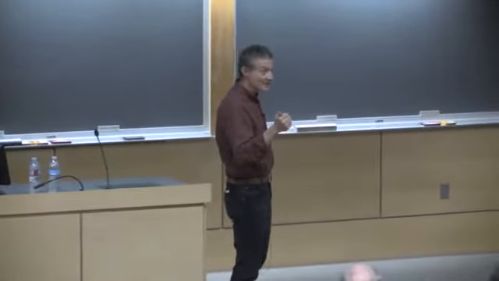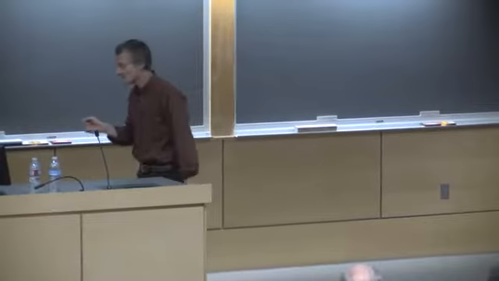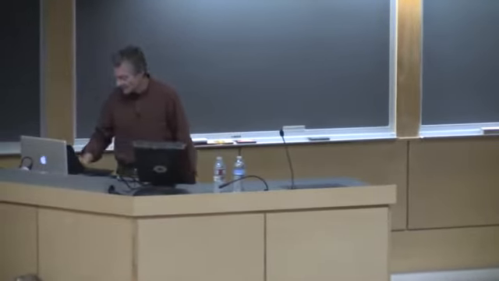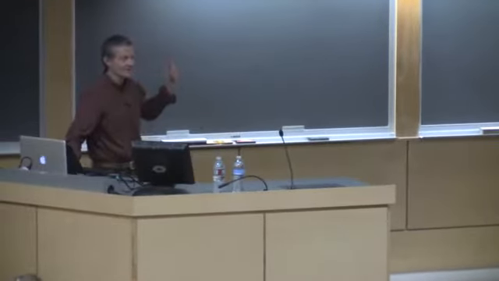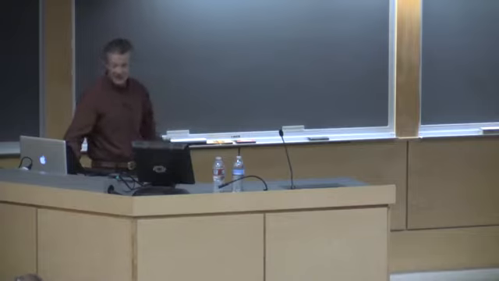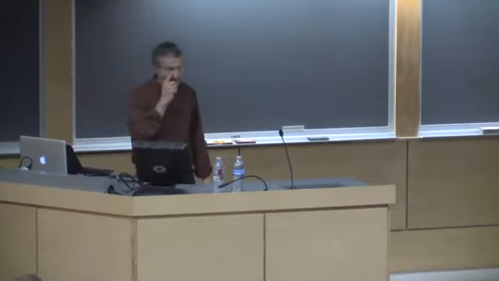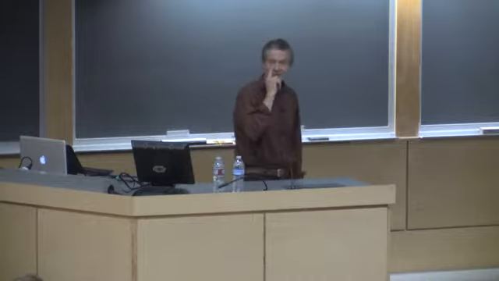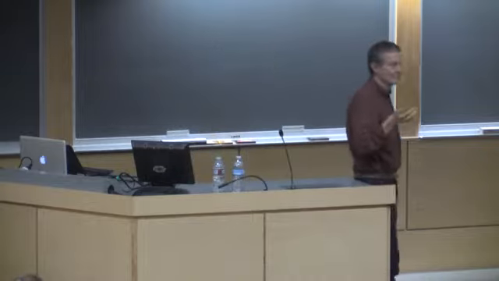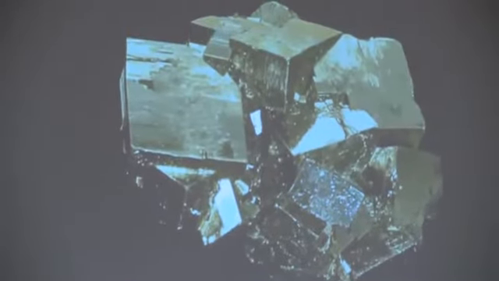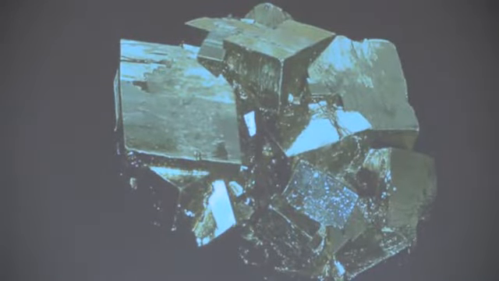So why don't we just take a look at that? The question is, can we identify also whether or not there are differences in the atmosphere and the amount of oxygen in the atmosphere at this time? And to do that, we take a look at this. And probably most of you recognize this as a beautiful crystal of pyrite. So why should I show you a crystal of pyrite?